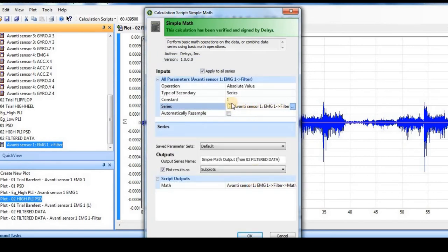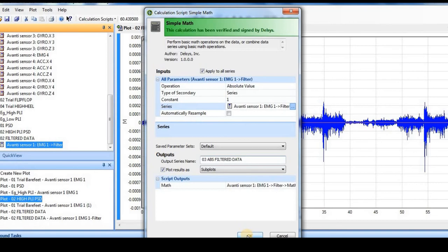The moment I select this, it shows this filtered one, and now I will give a name to this data series. Let's say I'll name it ABS filtered data. So now this data is the absolute value of the filtered data, and I check plot so that I can see the plot.